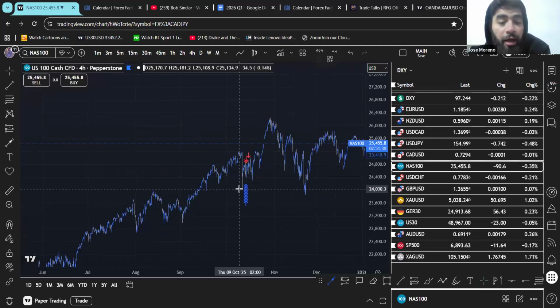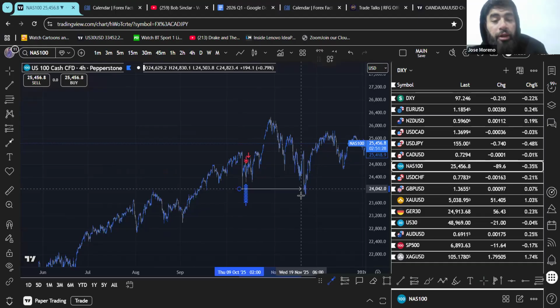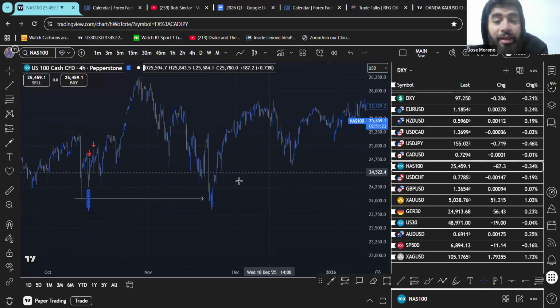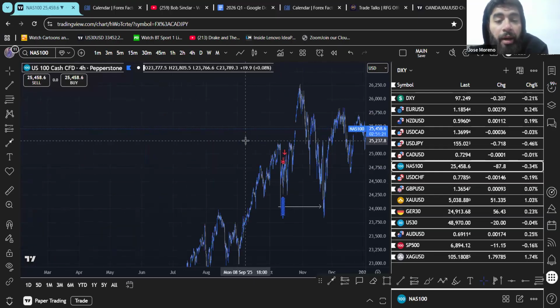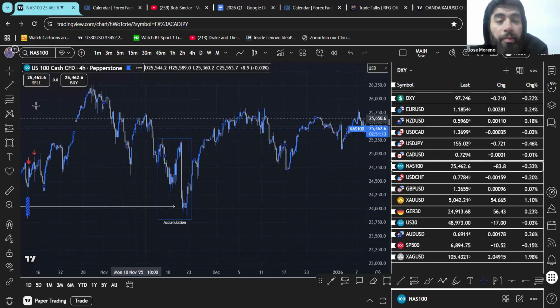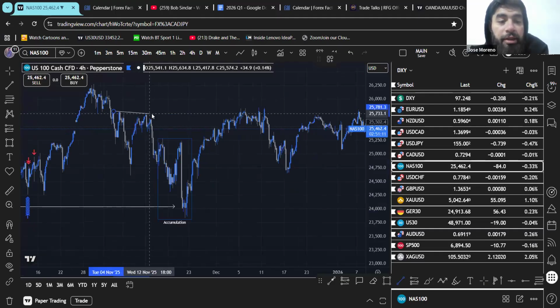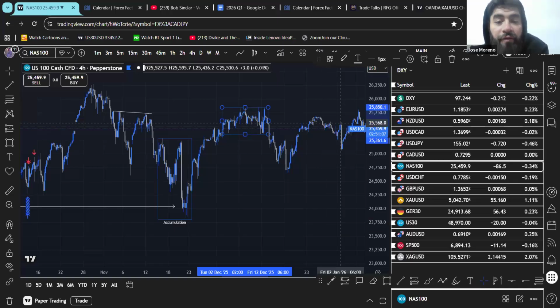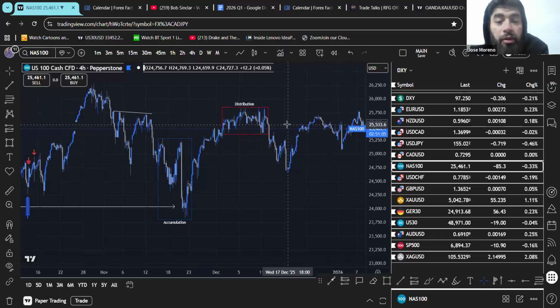We recently had an external sweep on liquidity here, right? So because of that, I'm still very bullish on Nasdaq, and I've been bullish on Nasdaq. I think that what we saw here was an accumulation, where we had the spring do that external liquidity sweep. And then we had the market come up, above these highs here. We saw the signs of distribution here, and we actually called out after seeing these distributions to look for accumulations here. I actually have a video of that as well that I need to edit.